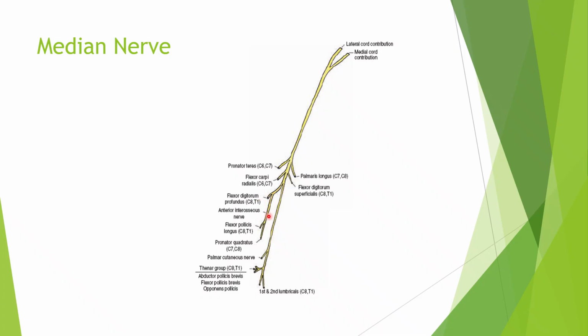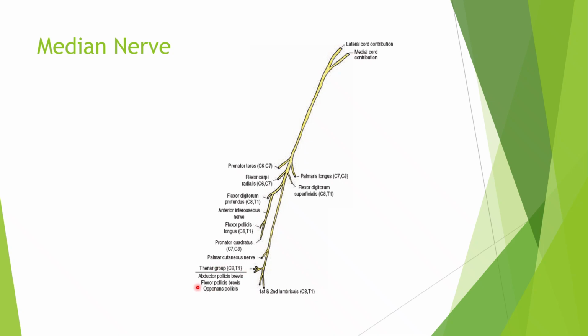The deep branch, the anterior interosseous nerve, will supply all the deep flexors except the medial half of the flexor digitorum profundus. The median nerve gives off a palmar cutaneous branch, passes through the carpal tunnel and then supplies